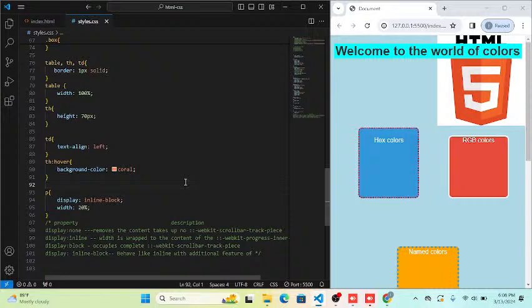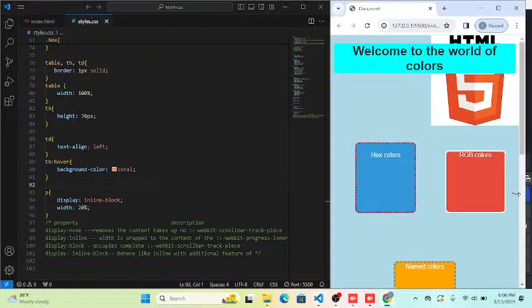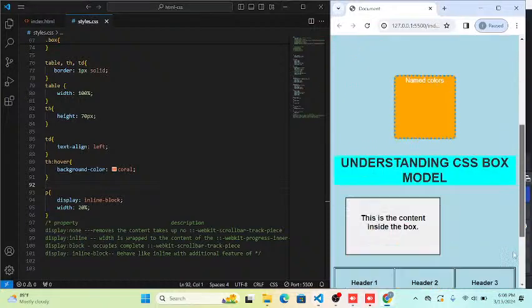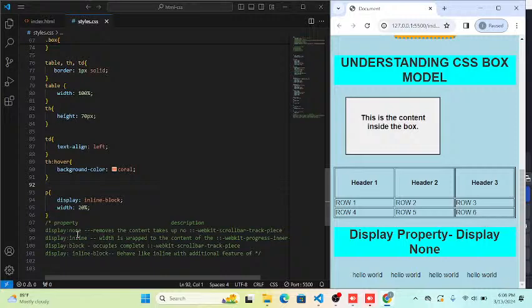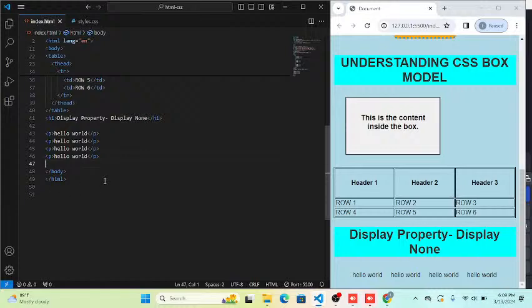Now position static fixes the position of an element. Position absolute fixes position relative to its topmost parent. I will tell you the difference, not in a theoretical way, so that you don't get confused. Okay. Now the next topic is after display. You can use all those properties, inline, none, on only one single paragraph tag so that you can understand the difference. Now we have another